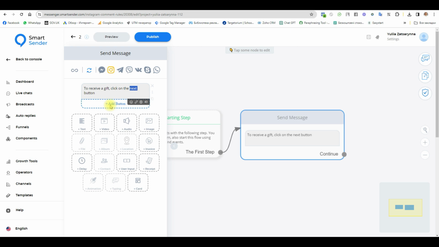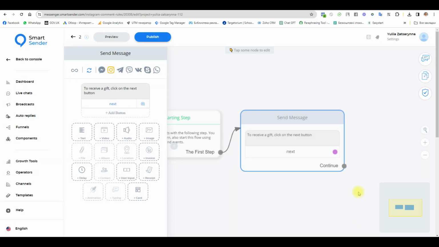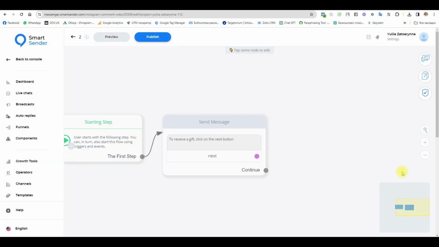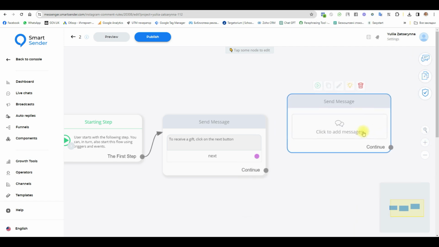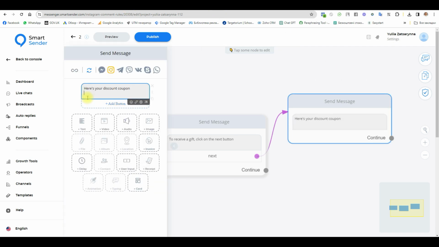I copy the text, it's my button next. Okay, continue, and here we create our message chains or simply subscribe the user to the funnel. For example, it's possible to send a message. For example, I give some discount,